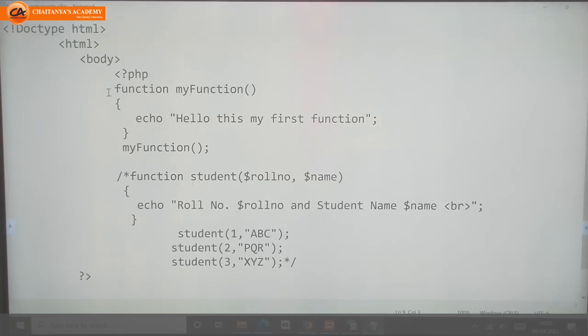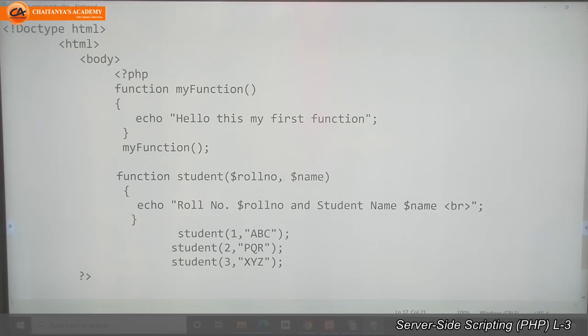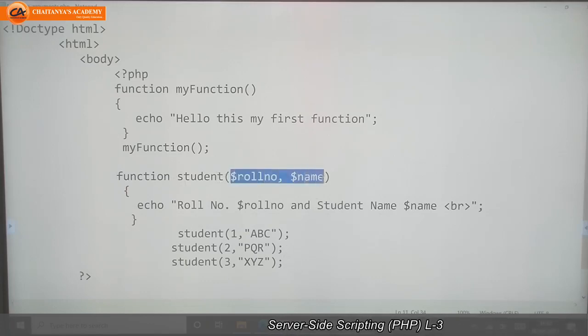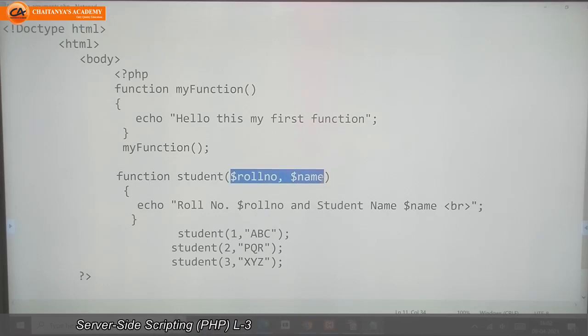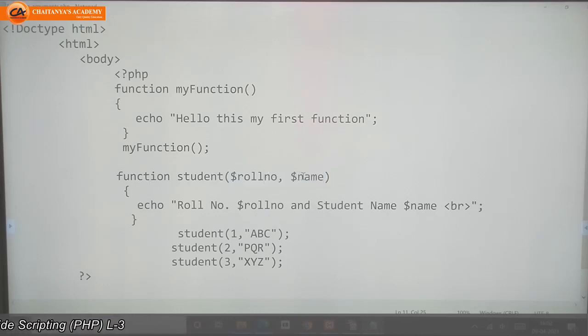Next, function with arguments. Arguments means values or information which we are passing in these brackets. So see here, function student, and in the brackets I wrote the names of two variables. The first is the roll number variable, the second is the name variable.